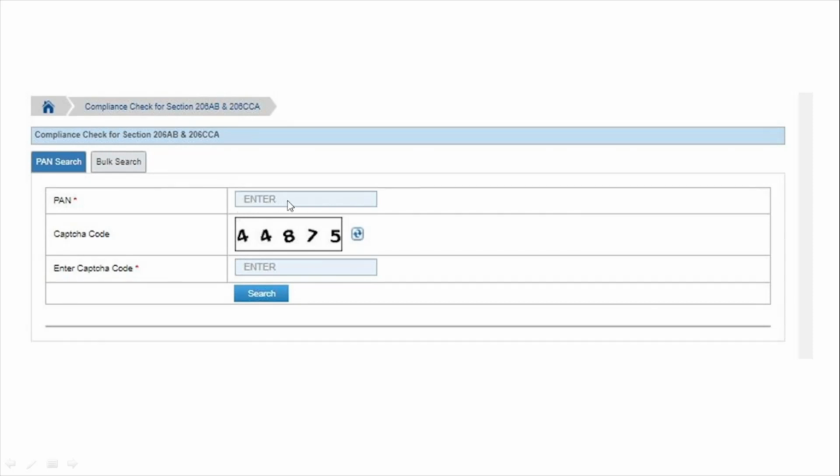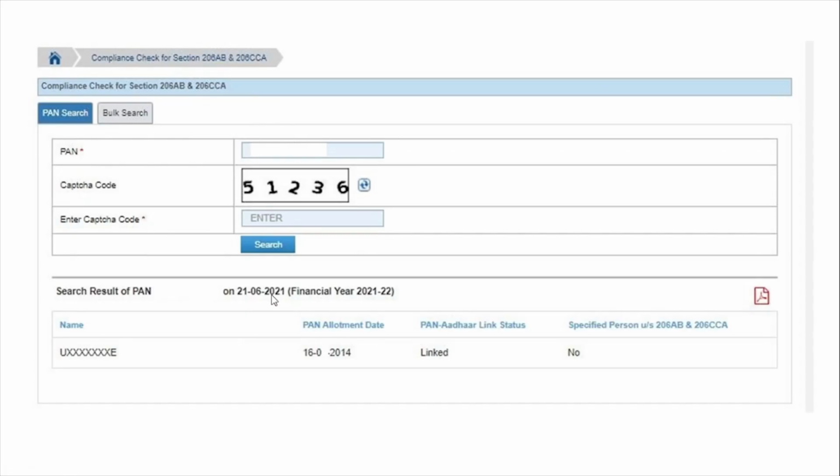You just have to type the PAN number of the deductee, fill in the CAPTCHA code, click search, and you can see the PAN result here: the name, the PAN allotment date, whether it is linked to Aadhaar, and whether this person is a specified person under sections 206AB and 206CCA.